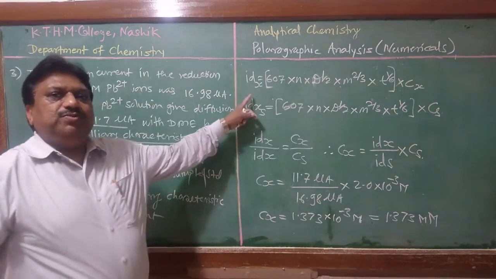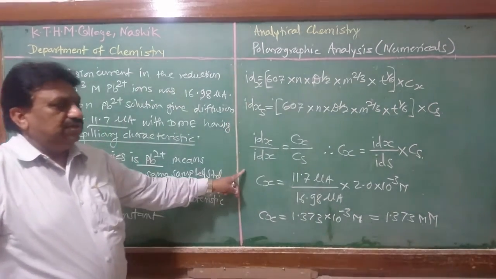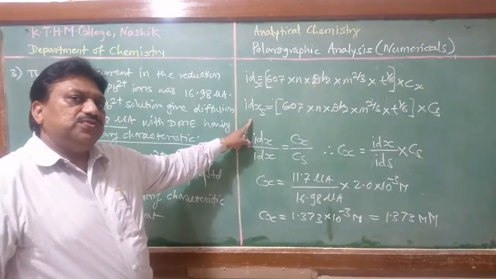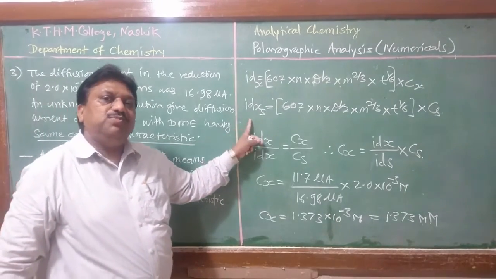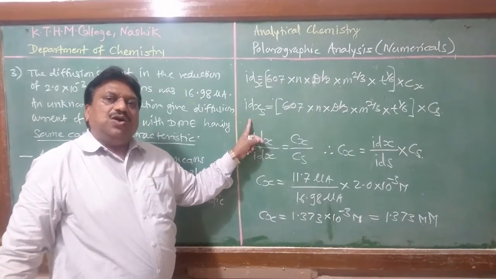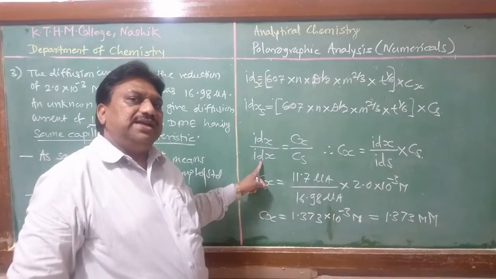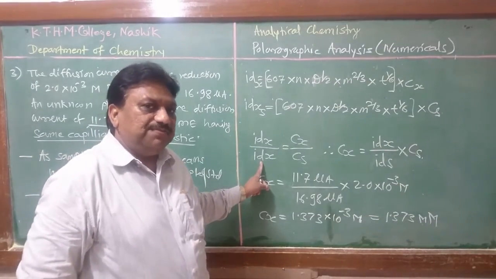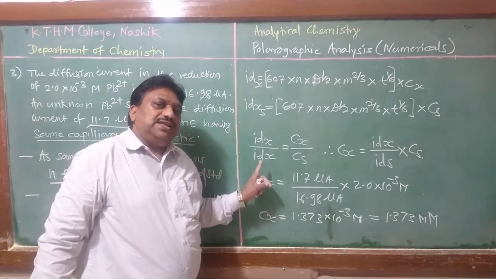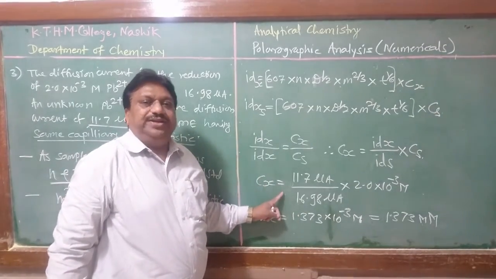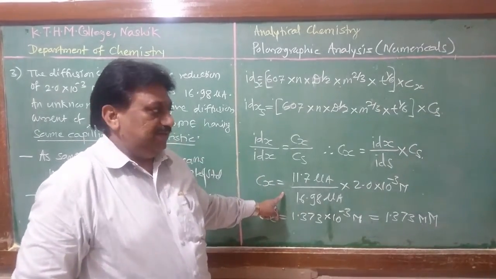Therefore, by the comparative method, we can also find out the concentration of the sample. Actually, this is a method useful for determination of concentration in polarographic analysis. All instrumental techniques are comparative methods. We do not determine the concentration of the sample directly. We depend upon the analysis of the standard first and then the sample for determination of the concentration of the sample.